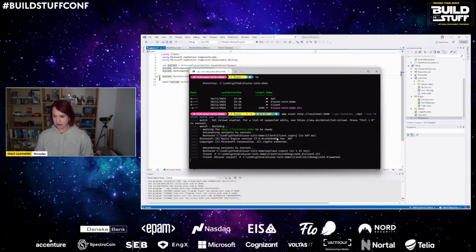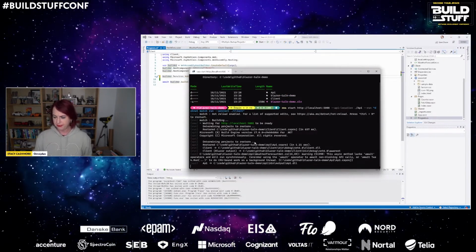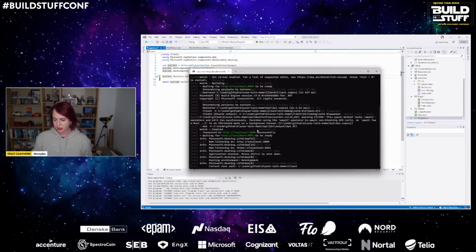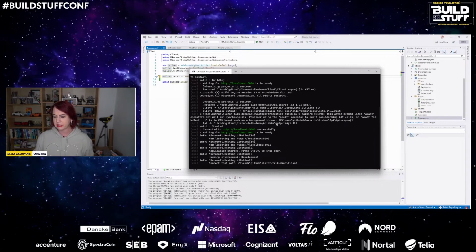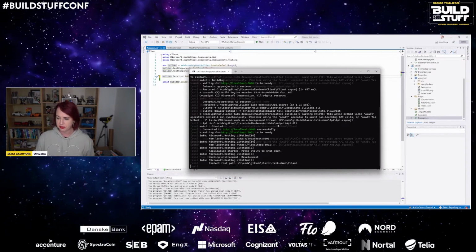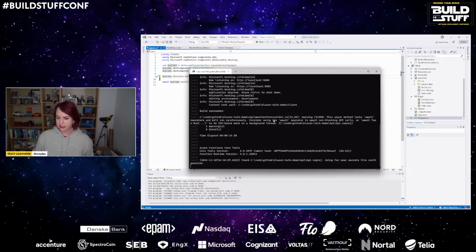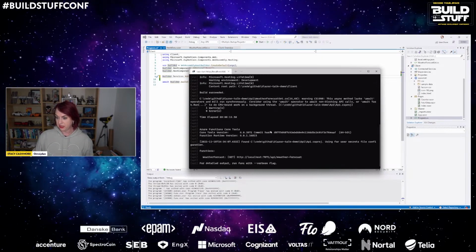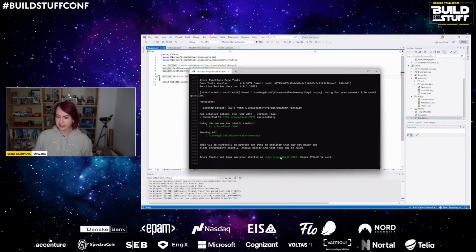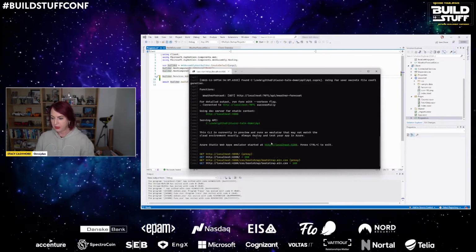She says, hopefully, come on, you can do it, little laptop. We build it. Sometimes you have to run this twice the first time you run it for a new project because it takes a little bit of time to get warmed up. But it looks like it's getting there. She says, hopefully, there we go. Yes, nice. We have our website.